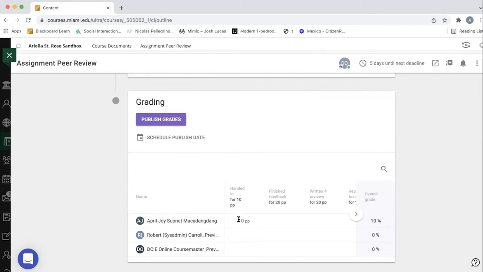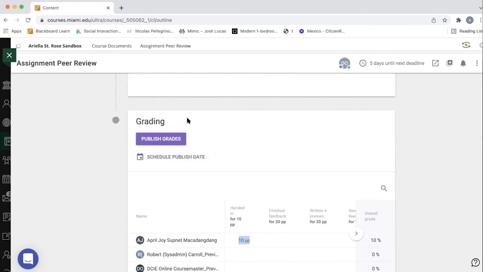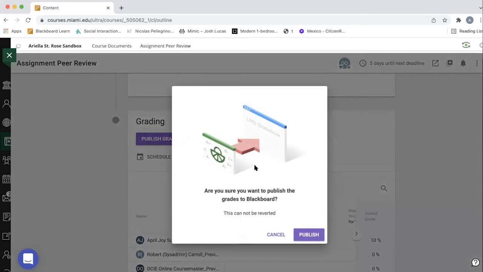So again, I can see that April has only achieved 10 points from this assignment. So she only has an overall grade of 10%. If I wish to publish everything right now, I could just select publish grades, and then I'll get this notification